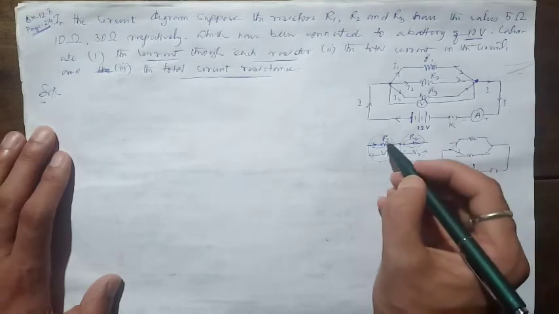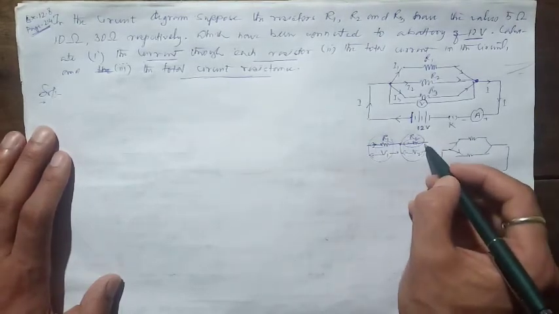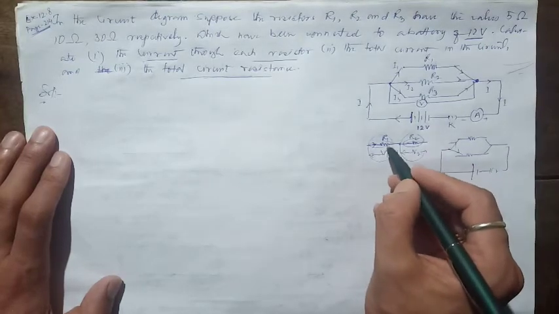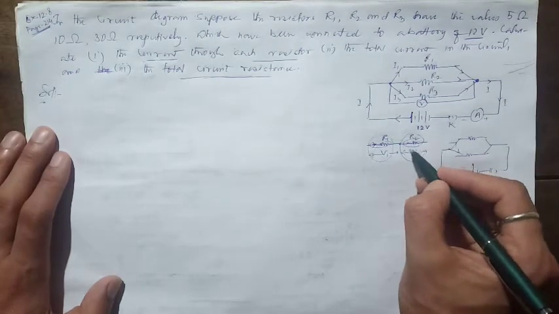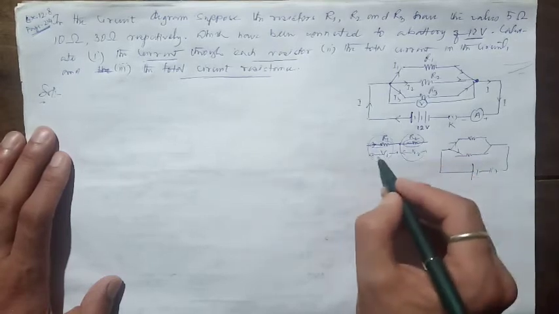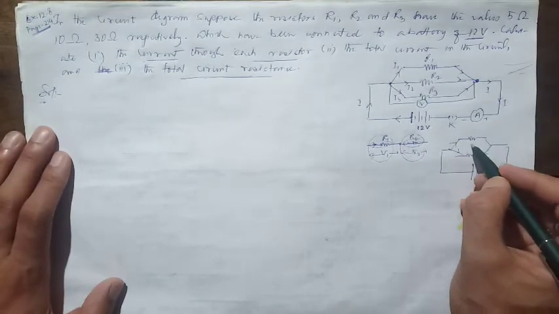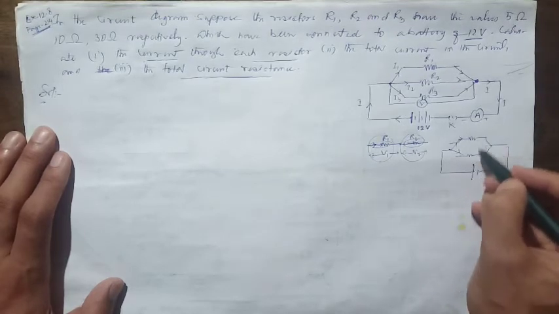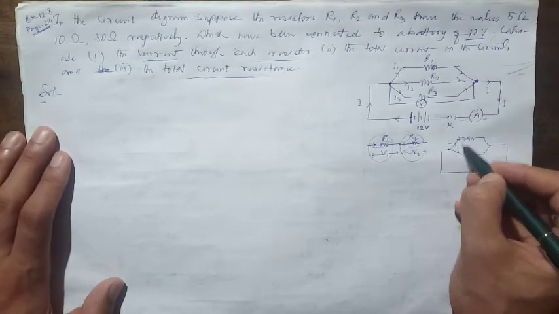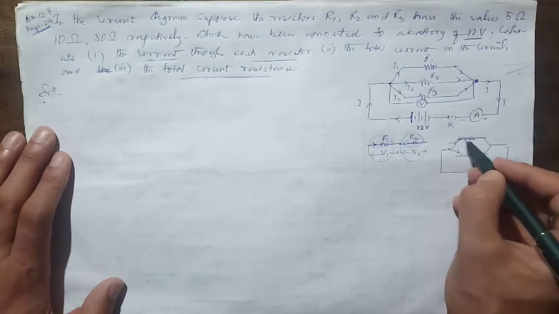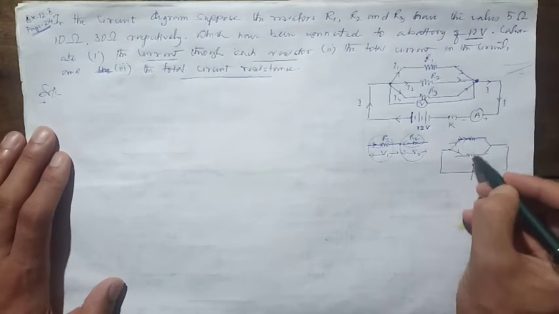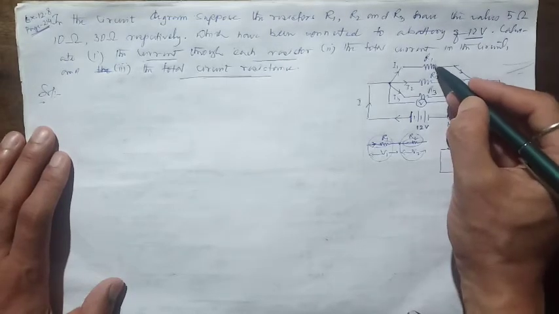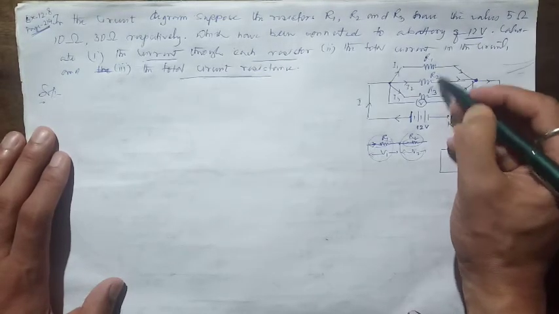Students, pay attention. If these two resistors are connected in series, the same current flows through both, but the potential difference developed across this resistor and that resistor is different. Same current, different potential difference. But here in this case, different current, but the same potential difference. If the resistors are connected in parallel, different current flows through these resistors, but the potential difference developed across them will be the same. So now students, see, we have R1, R2, R3, all connected in parallel.